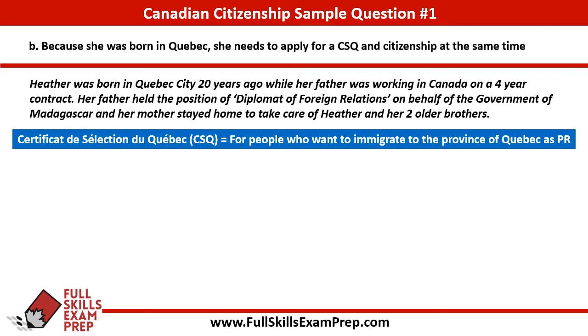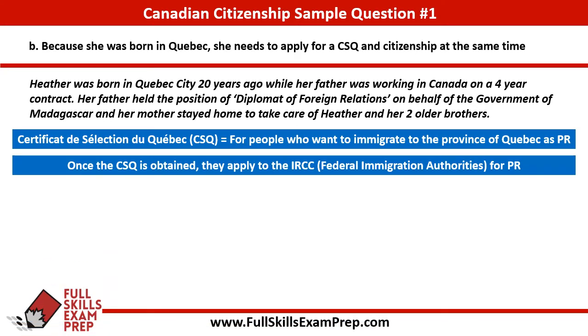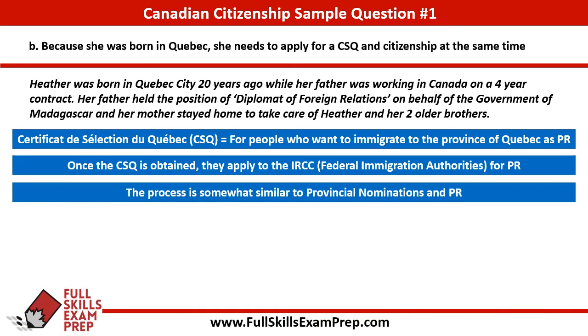And in order to apply through Quebec for PR, they need the CSQ. Once they have that CSQ, the application would go to the IRCC, which is the federal portion of it. And this process itself is, in some ways, very similar to provincial nominations and how people obtain PR through